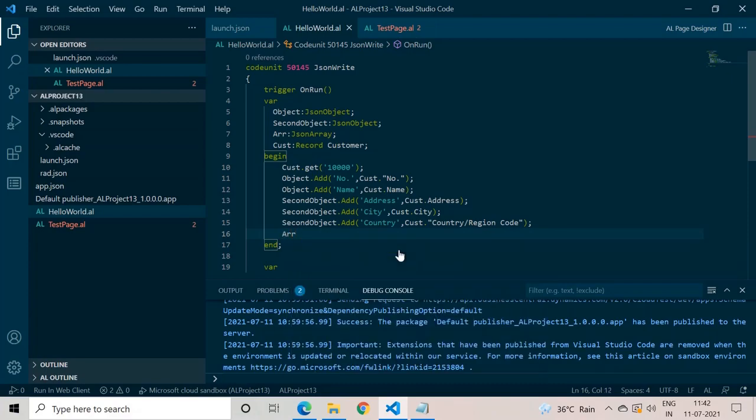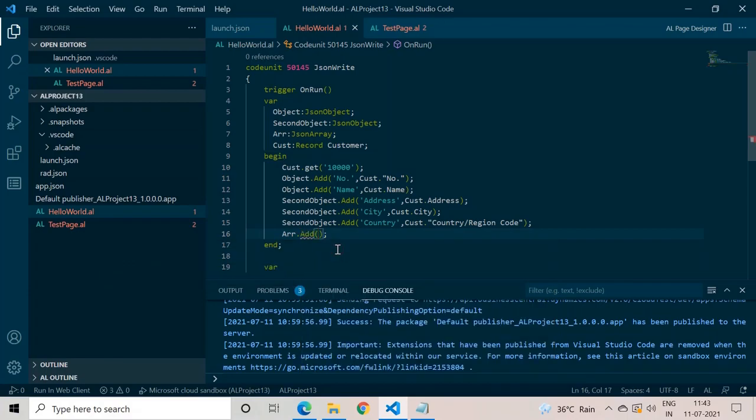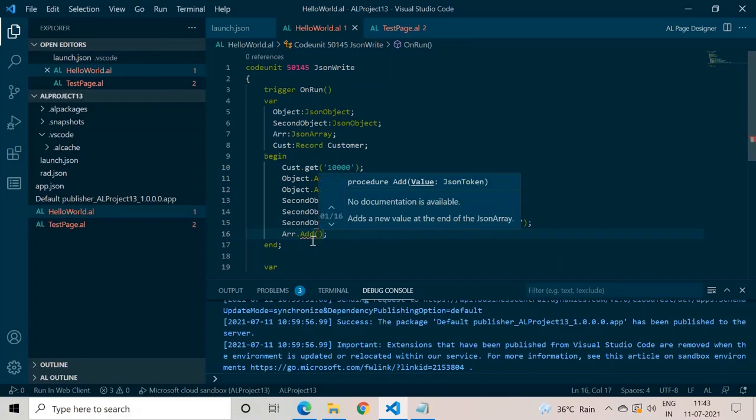When you type array and place a dot, you will find the same sort of functions which we used against the JSON object data type. Because we want to add my second object data under the array category, I will use the add function. And when you press Ctrl Shift Space,